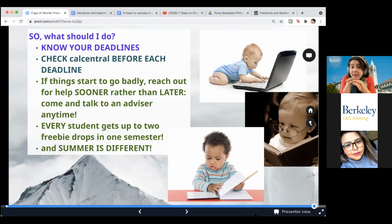The other thing I'll remind you is you cannot break your Cal career in one semester. It actually doesn't matter that much what you register in tomorrow. As long as you have 13 units-ish, you have one course that's sort of for a university or college requirement, so maybe it's reading and composition, or maybe it's a breadth course or whatever, and then two classes that are sort of towards exploring a major,